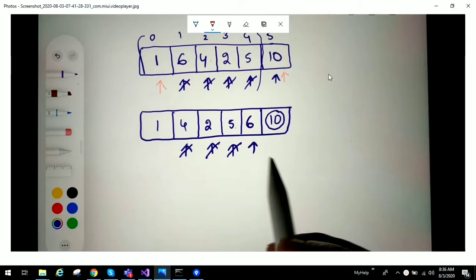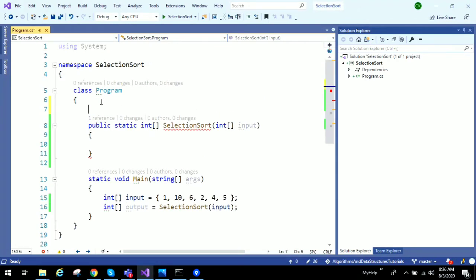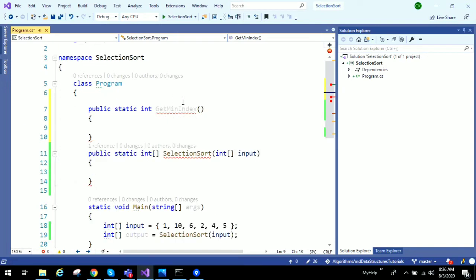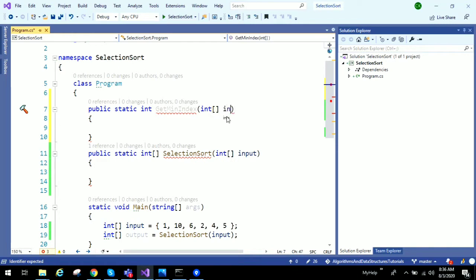So we need to write a function which gives us minimum value. Instead of minimum value, I am returning the index of a minimum value. Let's do that. Public static, it should return integer, that is the index of a minimum value. Get min index, and it takes input array as input, and we need to know from which index to which index we need to